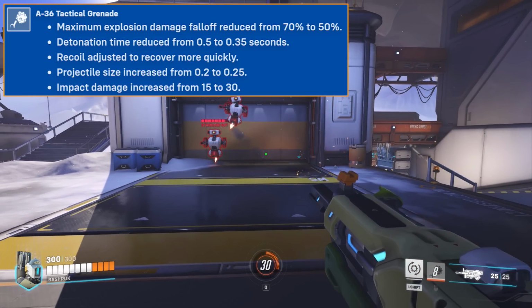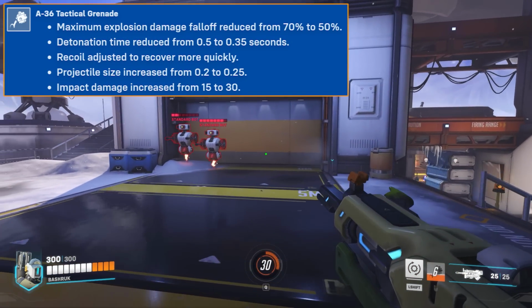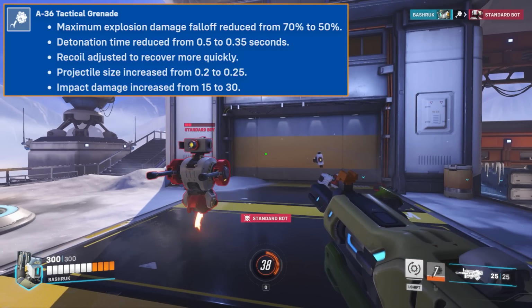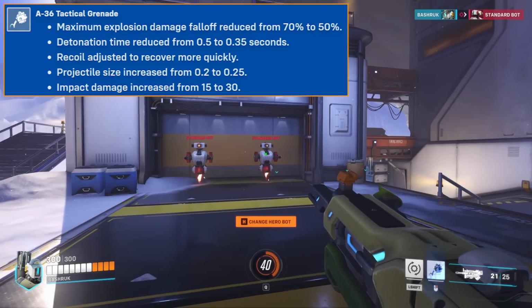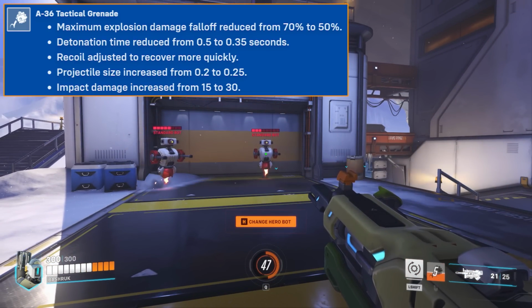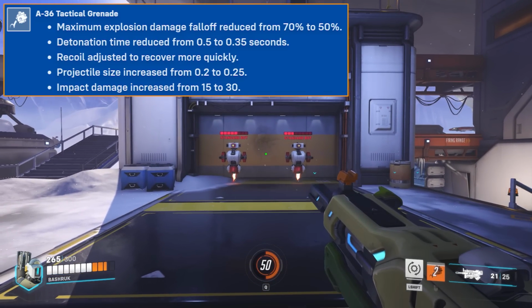Its explosion damage falloff has been reduced from 75% to 50%. Its detonation time has been reduced from 0.50 seconds to 0.35 seconds. Its recoil has been adjusted to recover quicker. Its projectile size has been increased from 0.20 to 0.25, and its impact damage has been doubled, going from 15